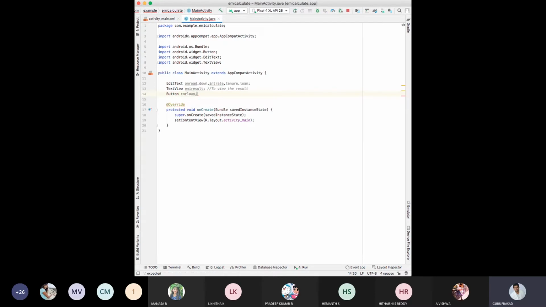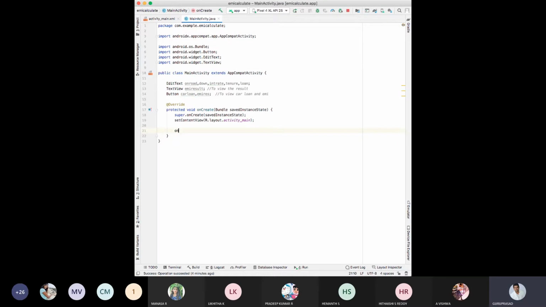Next one is for EMI result. So what are the 2 things? To view car loan and total EMI. Correct. Now I need to integrate these XML buttons with the Java and edit text also.